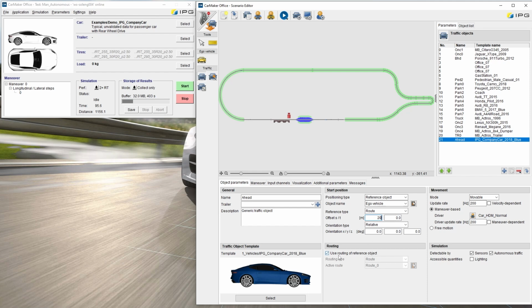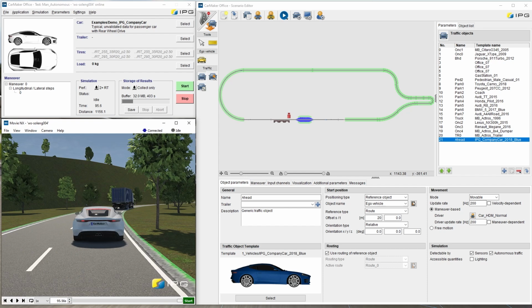In the next two fields, we can use the presets because we want to use the ahead vehicle as a movable object, and we also want this traffic object to interact with other scenario objects. So this is already set. With sensors, this traffic object can be detected by other vehicle sensors, and with the option Autonomous Traffic, the traffic object behaves as if it used an object sensor and will interact with objects in front depending on the distance and velocity. Besides, I will also open the MovieNX.